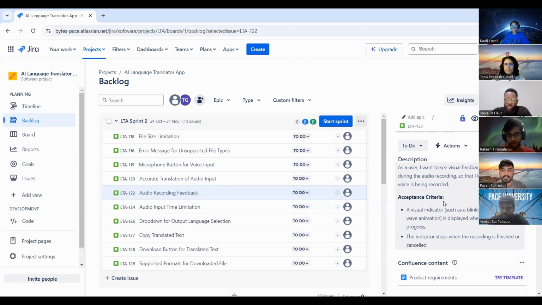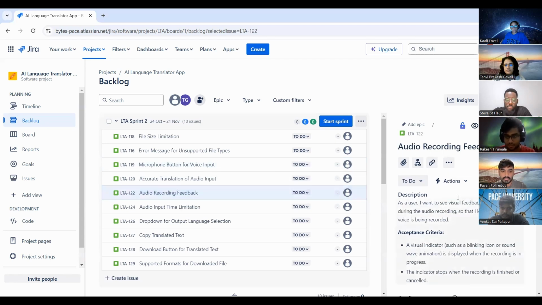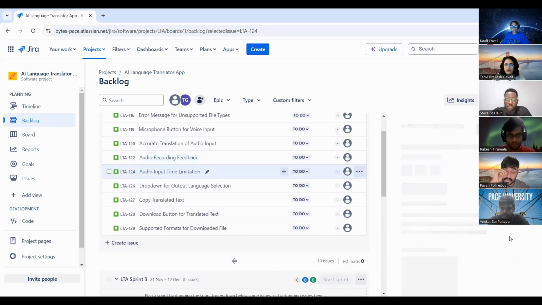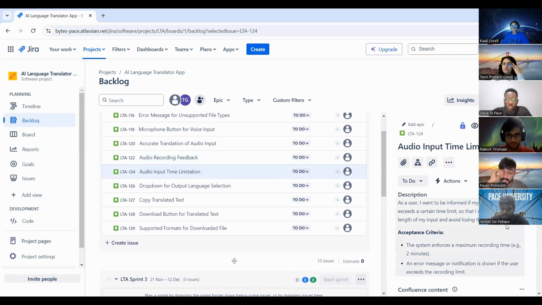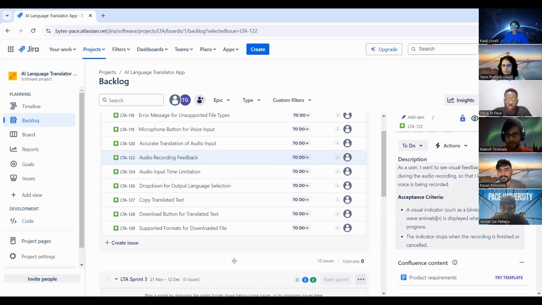Yeah, got it. So anybody doing the microphone button can also focus on this if they want to. I think this is interrelated, so we'll keep it. Maybe just change the description, remove the word feedback and say indicator instead.